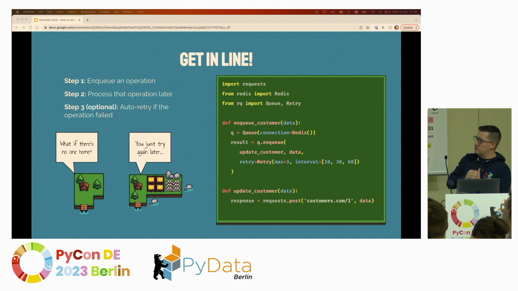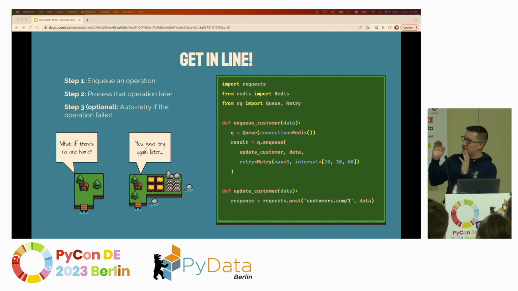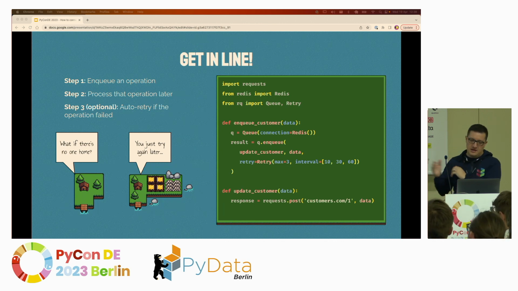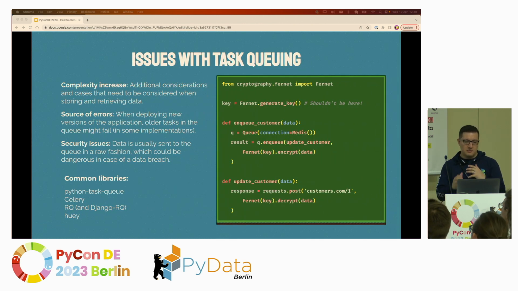the first argument to enqueue there, it's update customer, right? And in Python, you have functions that work as first-class citizens, right? And what does this mean? That functions in Python can be passed to other functions or can be returned from functions. So it's not a reference of the function. It's not like the string name of the function. It is the actual function, right? And this is important. Bear with me on this one, because next slide, we can see some issues that we